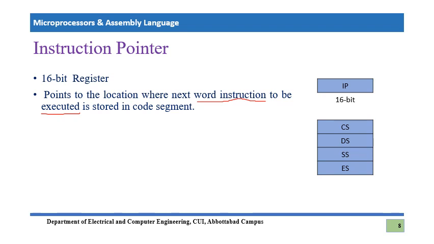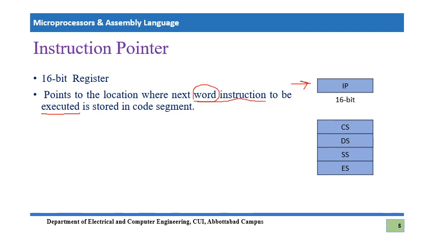That means it is the next instruction or the next part of the instruction, and that part is equal to a word, which means 16 bits of information that is part of the instruction. So the next word of the instruction about to execute is pointed to by this register, and the address of that word is stored here in this 16-bit register,